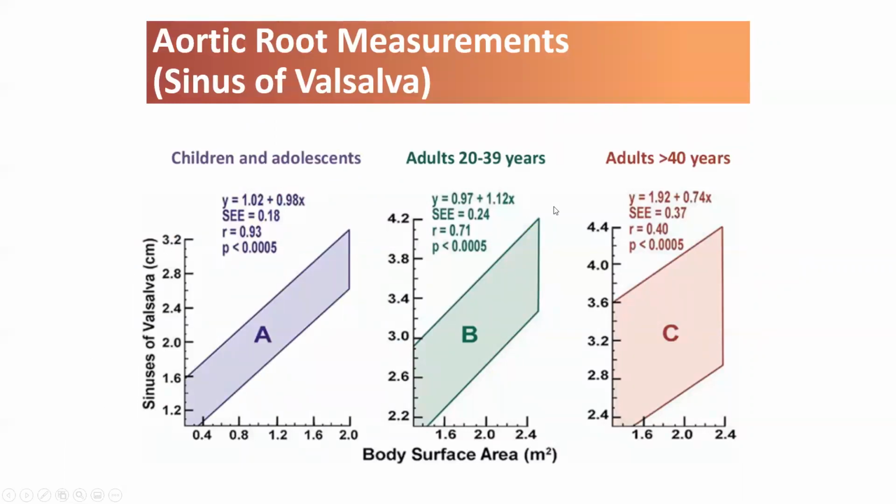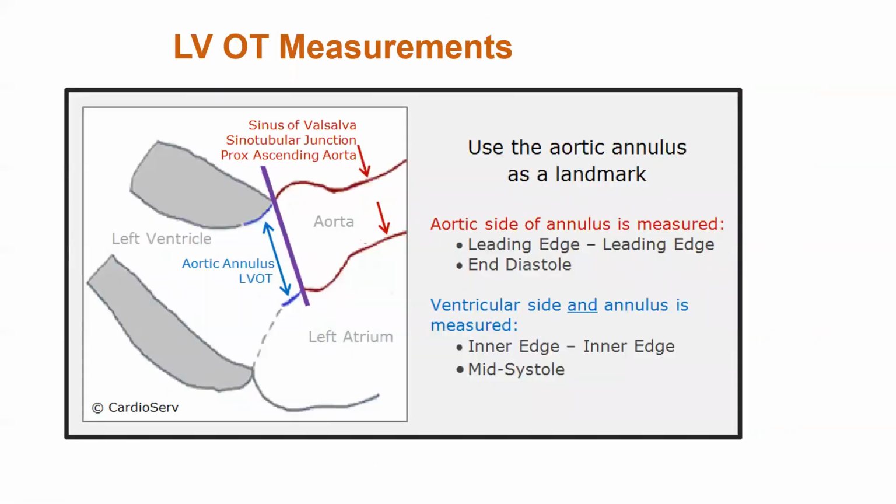As people get older and get bigger, their aortas get bigger. And there are a number of nomograms. This is from the quantitation guidelines. There are a number of nomograms that relate body size, presence of hypertension, and age to size of the aorta. In our own laboratory, we utilize these in deciding whether or not the chamber dimensions constitute dilation. And just to emphasize,